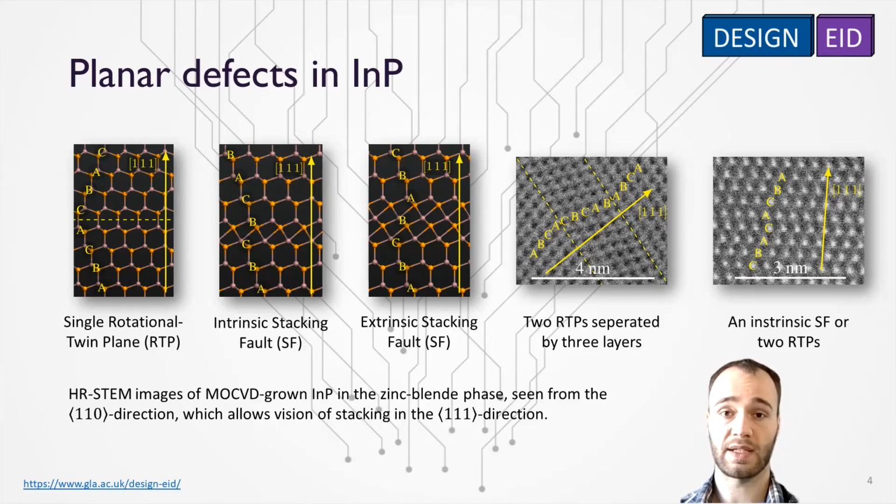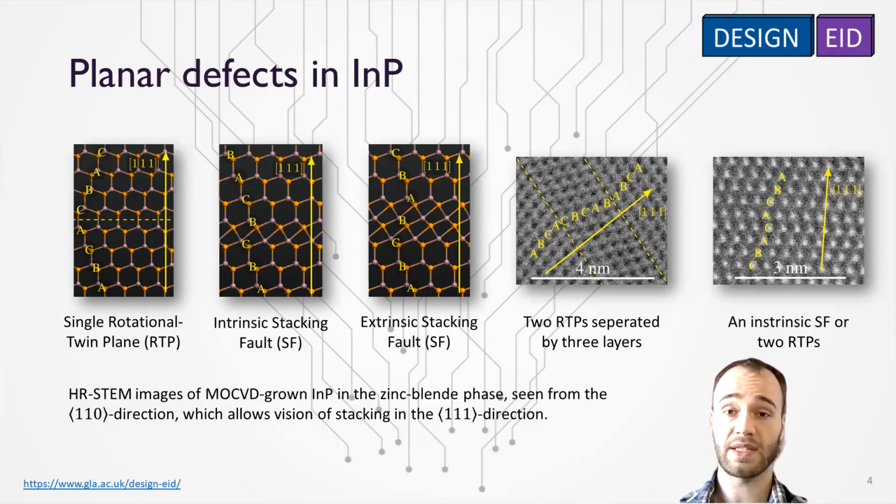Specifically, I'm actually looking at 6 kinds of systems: one of each stacking fault, one system with a single RTP, another system with 2 RTPs separated by 10 layers, so kind of like the image on the left, just further apart, and finally one with 2 RTPs just back to back. The 6th and final system is just a reference system of pure indium phosphide in the zinc blende structure.